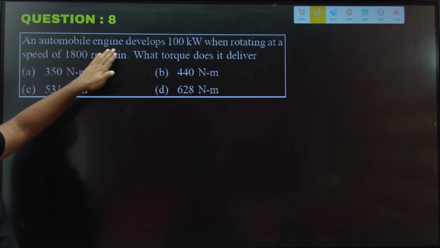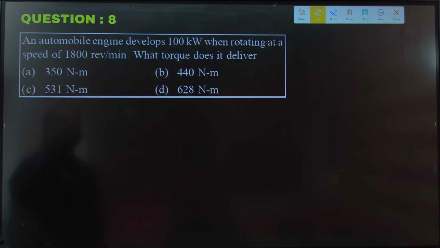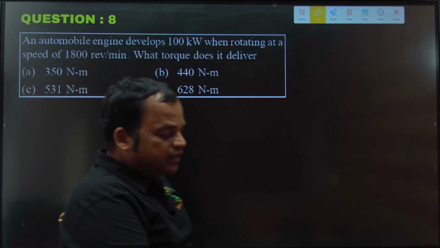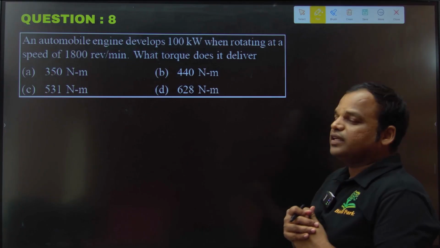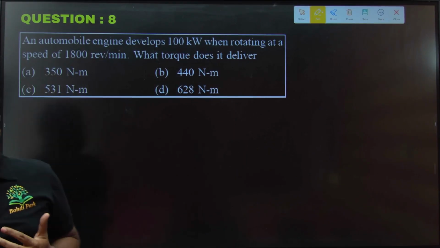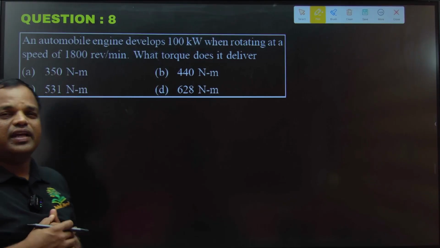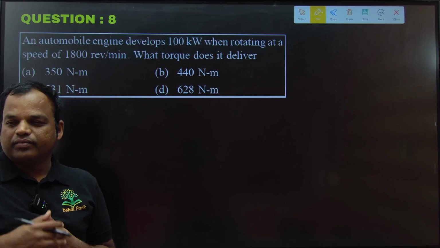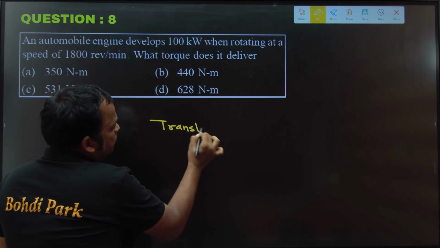An automobile engine develops 100 kilowatt power when rotating at a speed of 1800 revolutions per minute. What torque does it deliver? Okay, so what is the relation between power, torque, and angular velocity? If you remember translational motion,